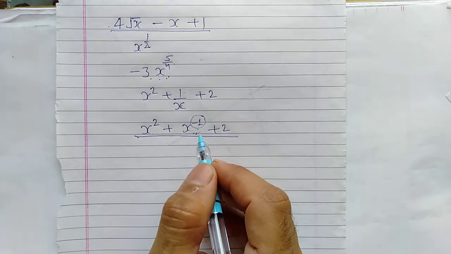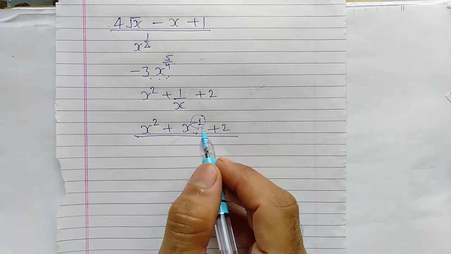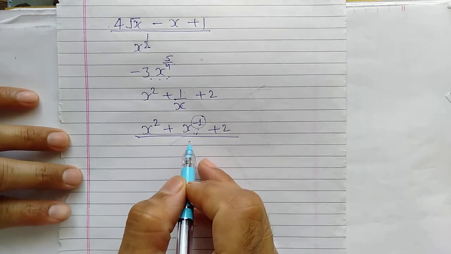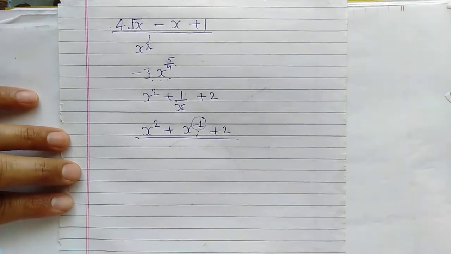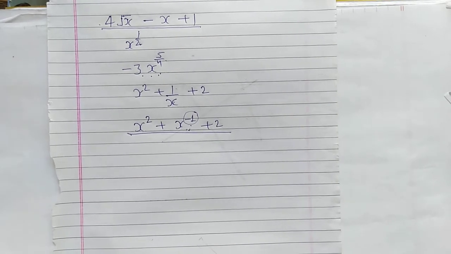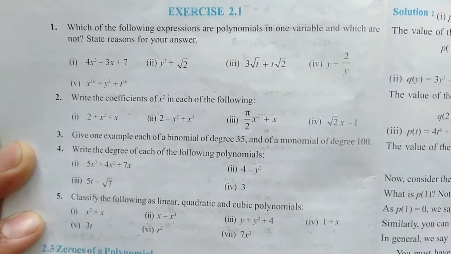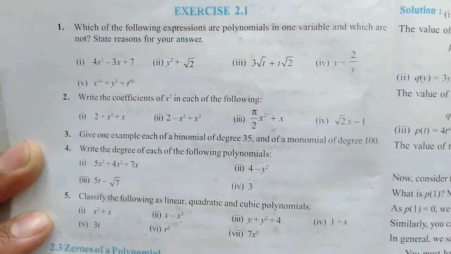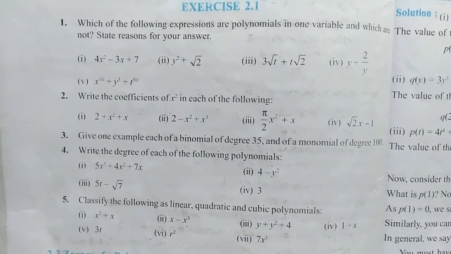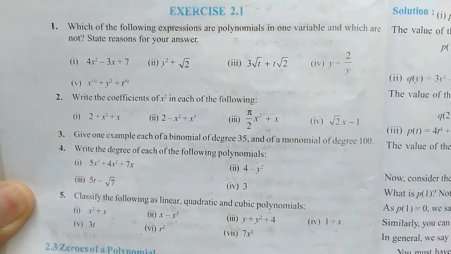Now I'm going to show you your book exercise 2.1 and I'll tell you how to solve. If it is necessary, I will solve by pen, otherwise see in your book. I'll try to make you understand. Try to understand in your book only. I'm just showing you your book. Now see, this is your book page, and see it carefully. I'm just telling you orally everything. If it is necessary, I'll take a page also for making you understand.